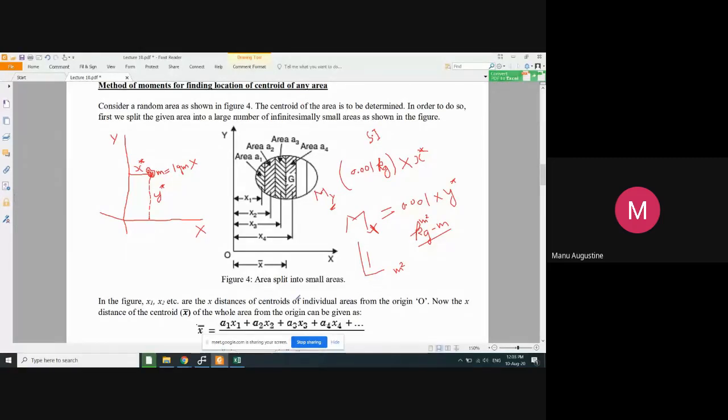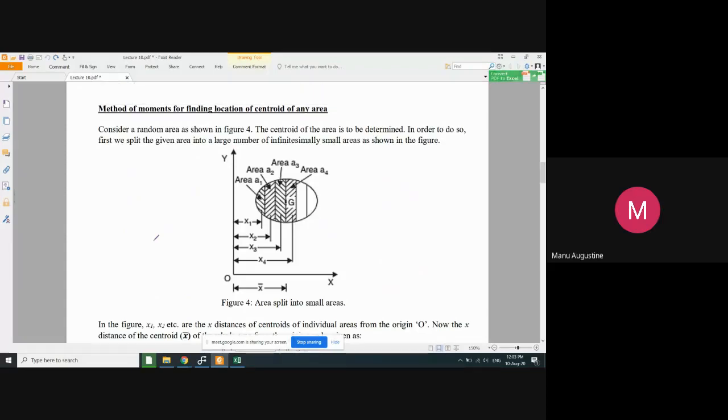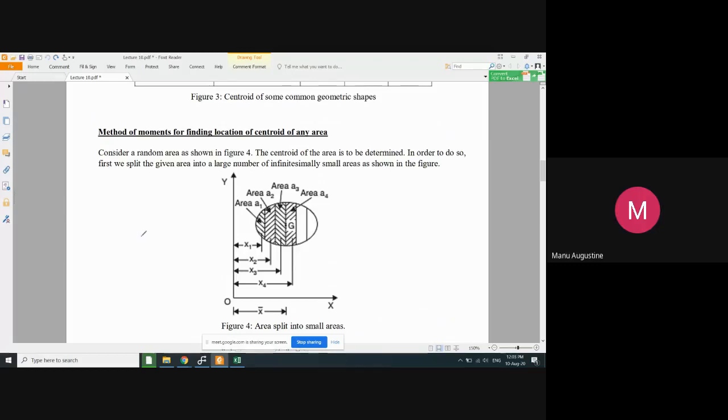मोमेंट का कॉन्सेप्ट क्लियर हो गया क्या आपका? Yes, sir. इसका यूनिट का एक बार बता दो सर. क्या बता दें? मोमेंट की यूनिट. मोमेंट की यूनिट जो है वो किस चीज का मोमेंट ले रहे हो उस हिसाब से